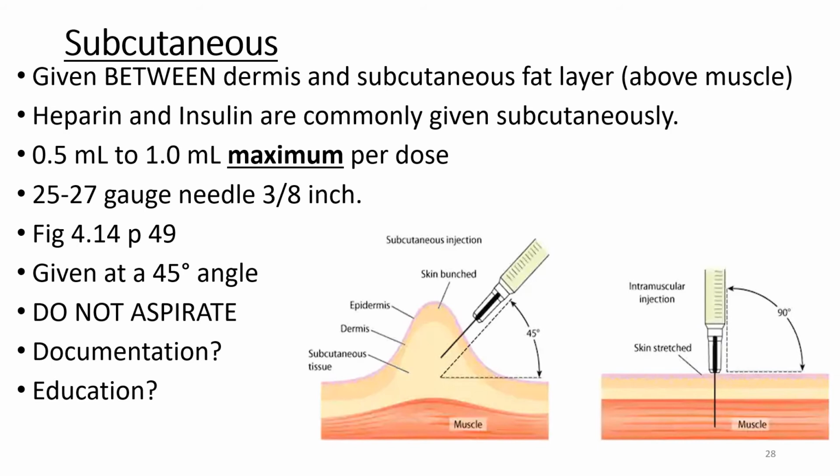So whether it's insulin or heparin or whatever you might be getting or educating your patient about, always make sure that you're reminding them to rotate those sites. Again, go back and look in your book on page 49 at some of those available sites that you can use. So documentation is important: where you gave it, how much you gave,